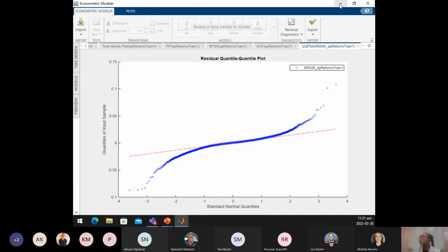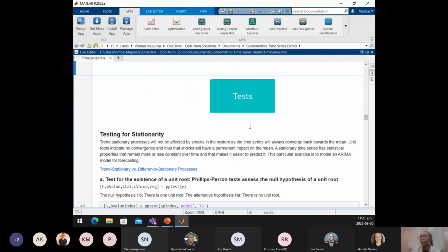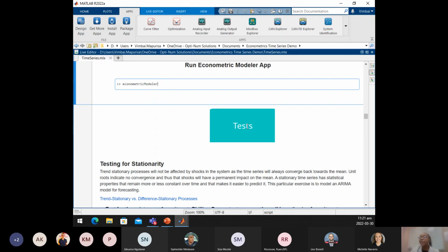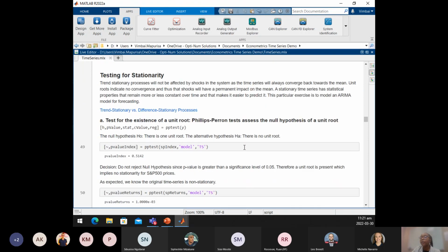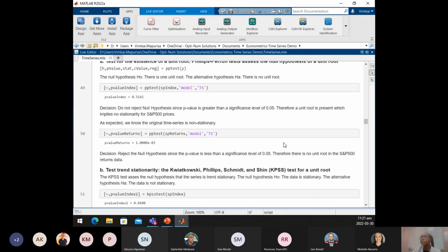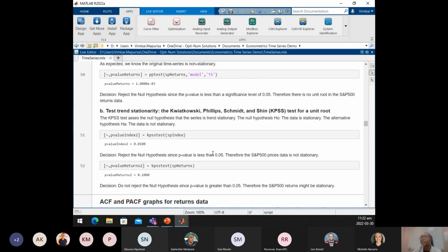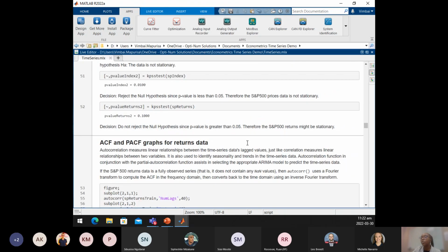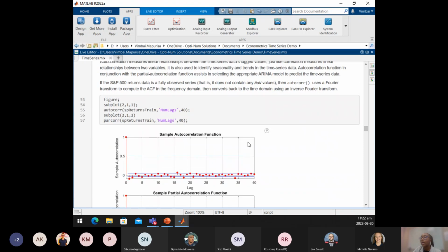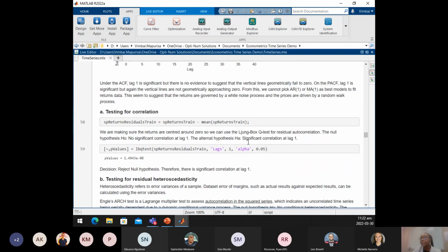So I will now go back to the live editor. You'll find that everything that I've done in the app can be done programmatically in the live editor. These are the tests that we've already done in our app. What you can do, when you get the material, is look at the detail of these, but these are basically just functions that are also in our app. So our plots, which we've all done in the app,